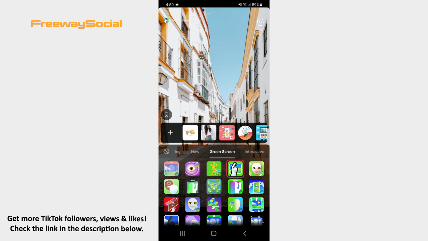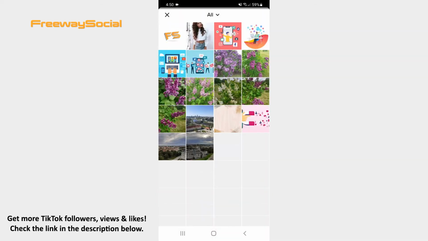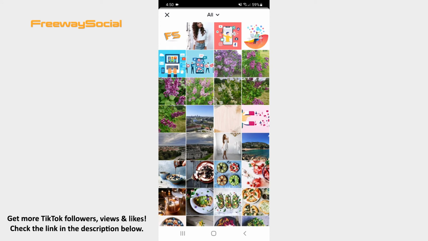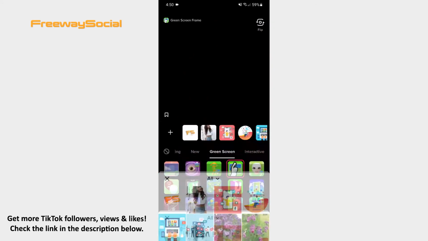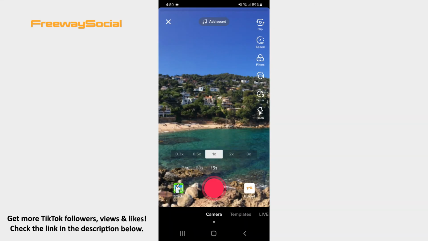After that, click on the plus icon and depending on what green screen effect you have selected, pick out the video or picture from your camera roll. As soon as you are ready to start recording, hit the button.